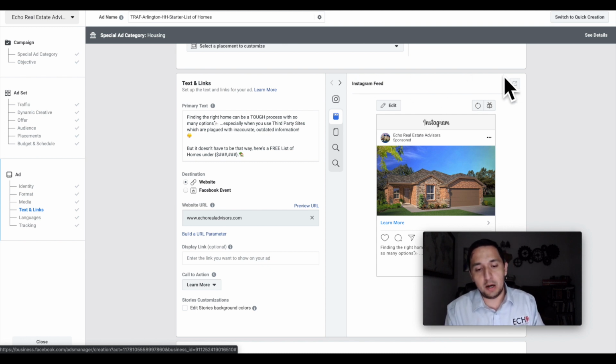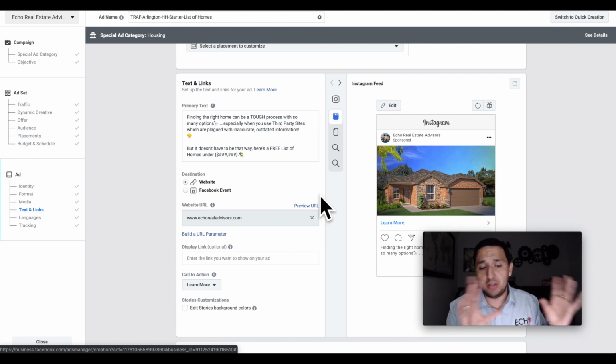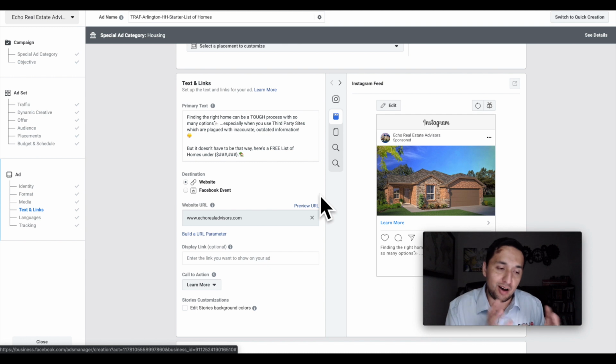It used to be up here on the banner where you had the opportunity to see the ad in action, but so far they've been doing some great changes to the entire platform, although the bad changes of them restricting the people that we could target, that's still bad. But as far as the actual imagery, that's still pretty cool.